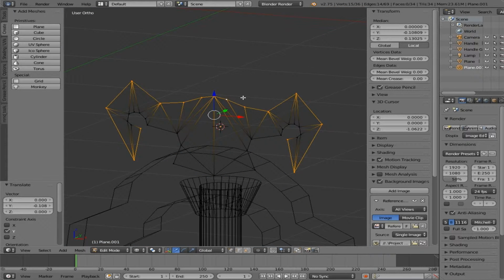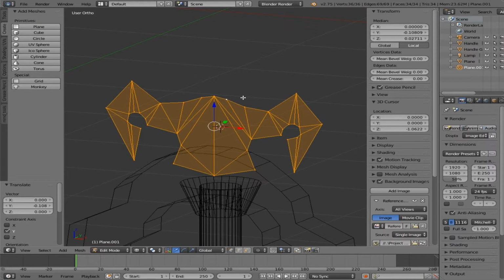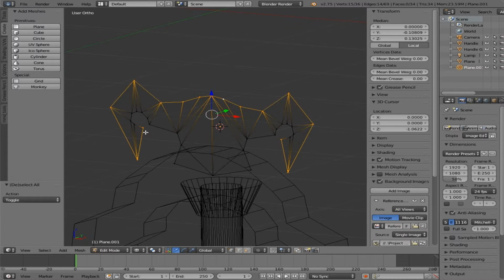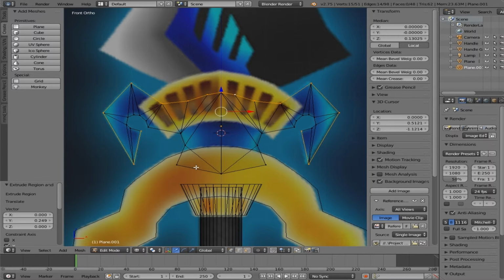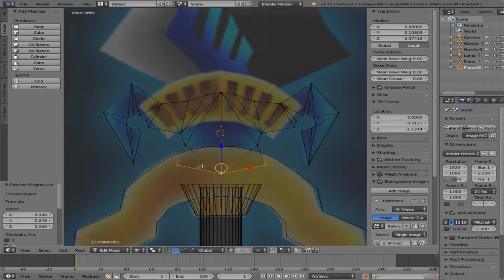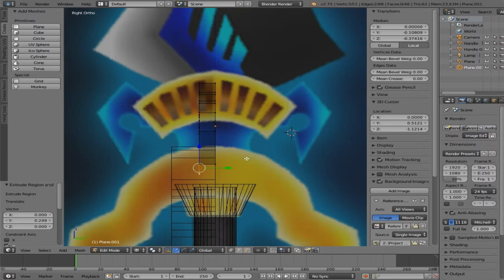So Alt, right click, and you see that it doesn't take everything into account, so you have to do it twice later on, but that's okay. Hit 3, extrude Y, 0, go back to 1 again, hit, yeah, why is it doing that? Oh well. Extrude Y, 0,